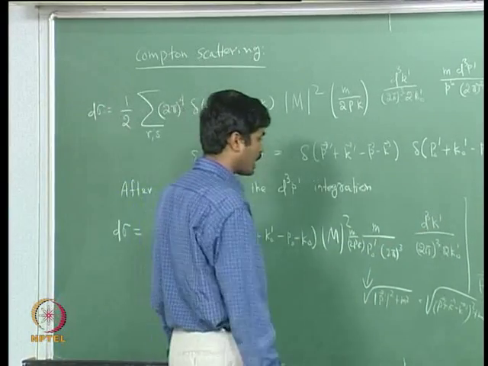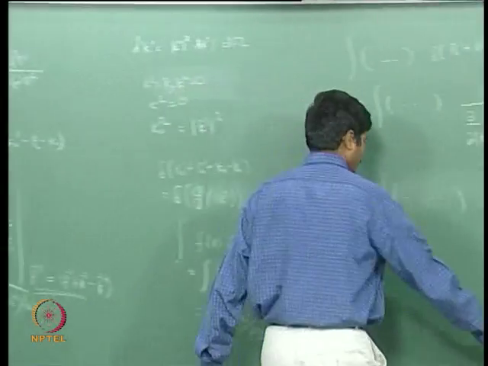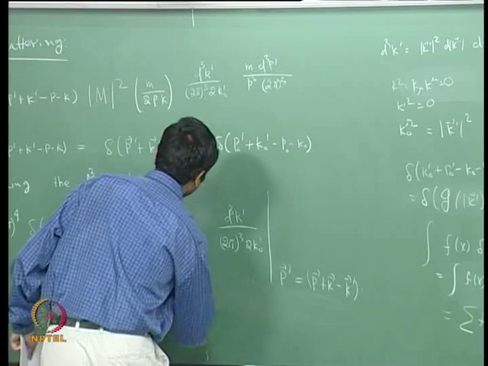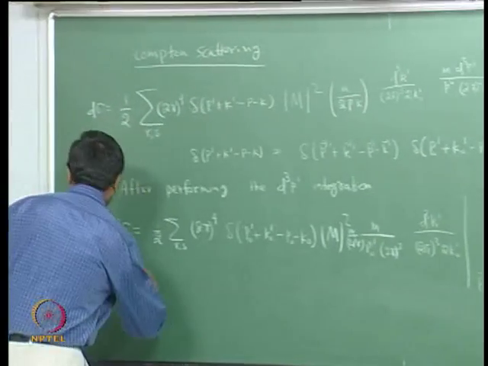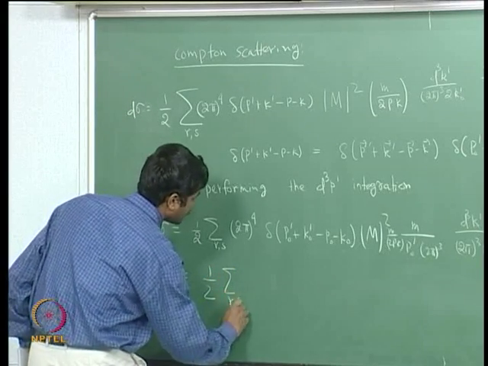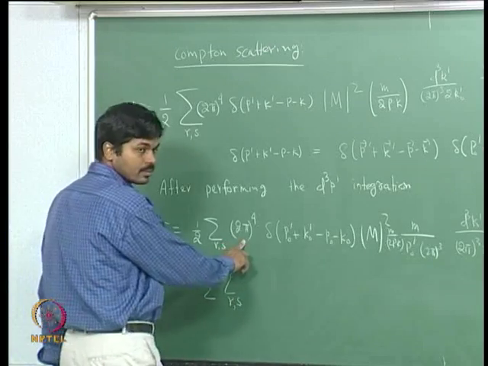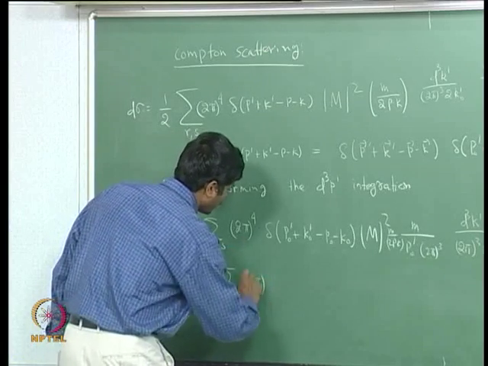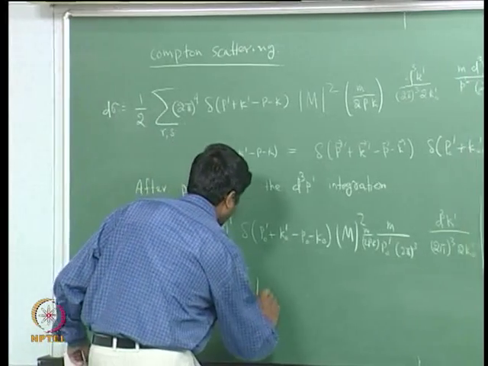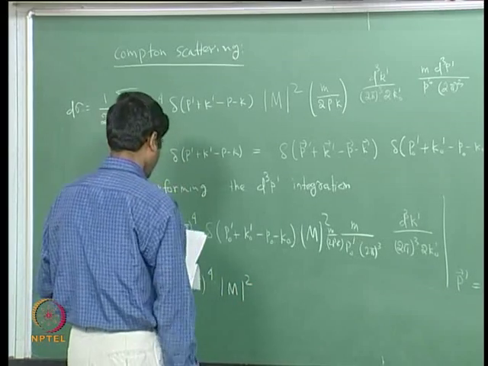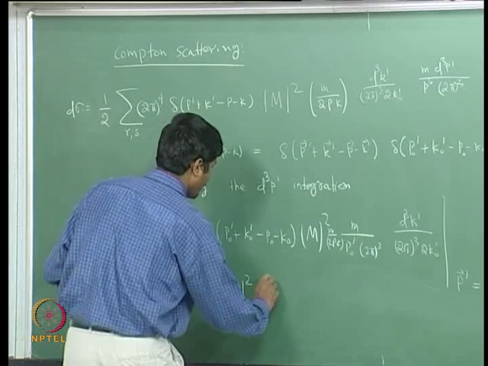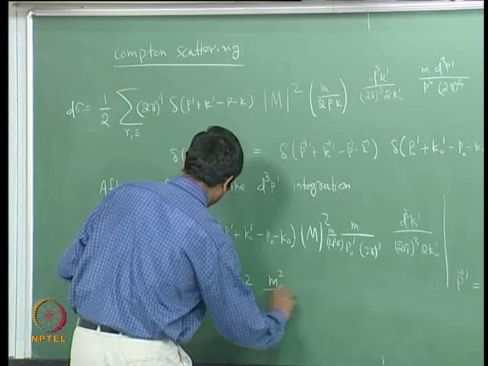So, what we are left with is the differential scattering cross section is equal to half sum over r s, and then 2 pi to the power 4th, there is no delta, it is mod m square, and then this whole thing will be m square over